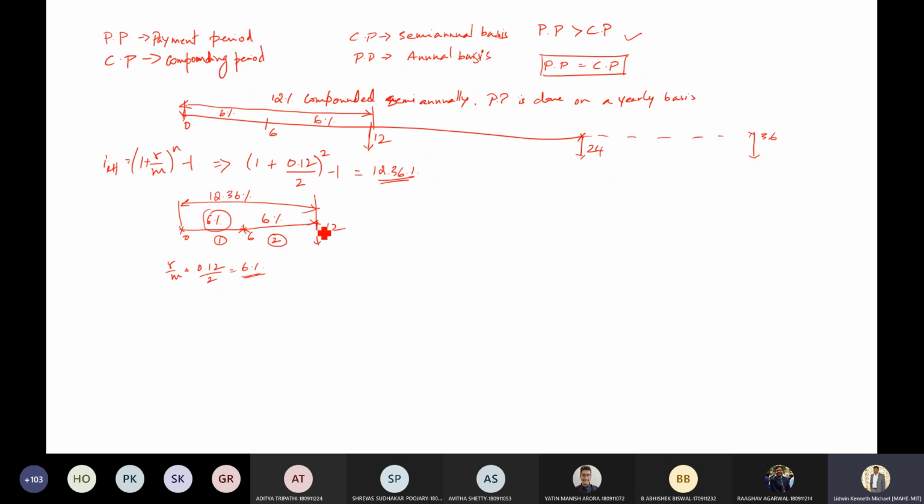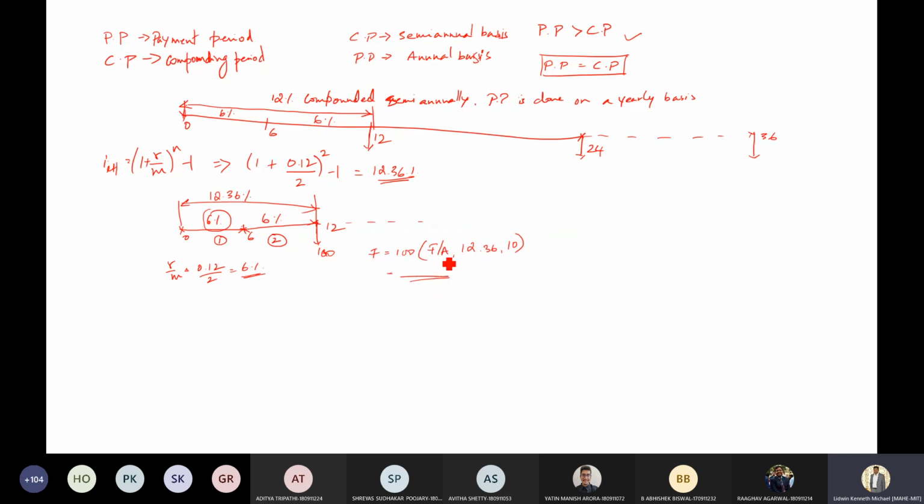Now say you're supposed to calculate something at the end of the 10th year. So you made the payment, say these payments are in the form of 100 rupees. So your F will be equal to 100 into F by A, where the interest rate is given as 12.36, 10. So you can find the future worth at the end of the 10th year by using this formula.